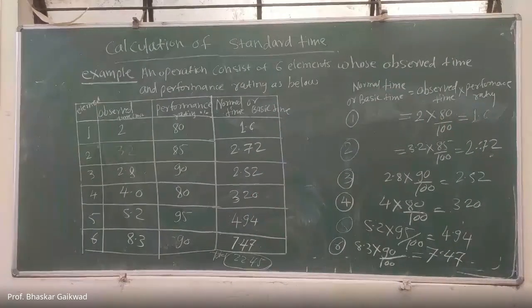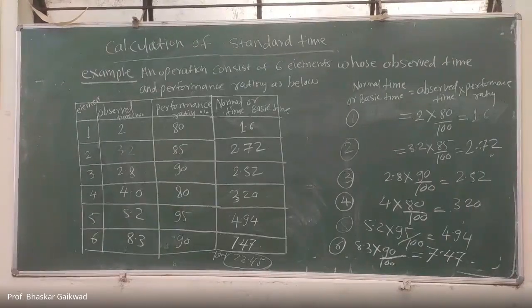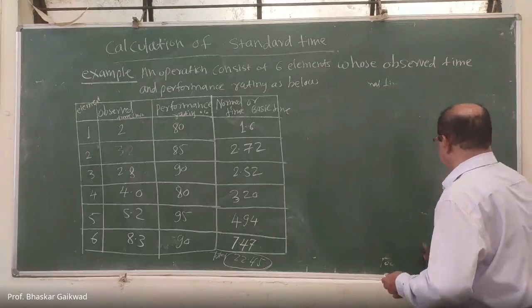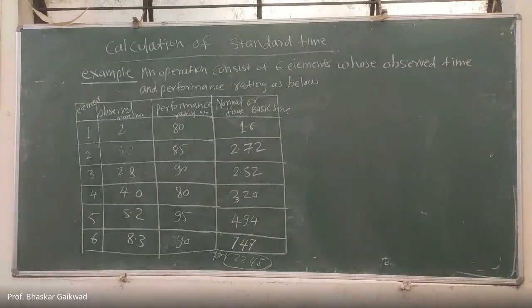After that, make the addition of the normal or basic times. So the total time is 22.45. This is the normal or basic time. So first you have to calculate normal or basic time, and then you can go for